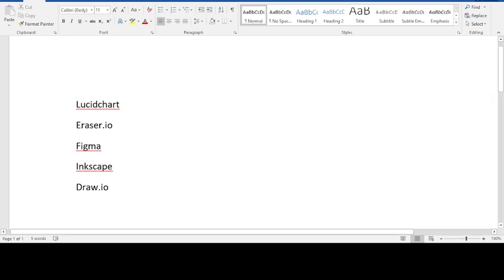Okay, if you want to draw the research diagrams in the PhD, which one is the best website, which one is the best app we have to use? Many have this doubt. There are many applications and websites to draw the diagrams in the PhD